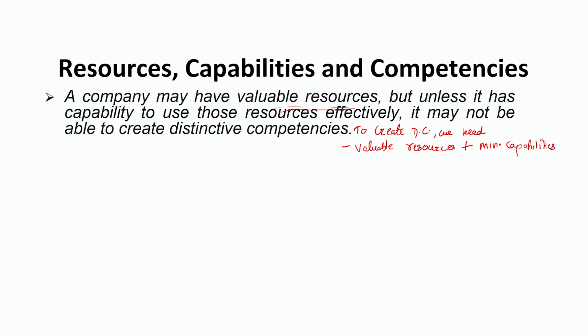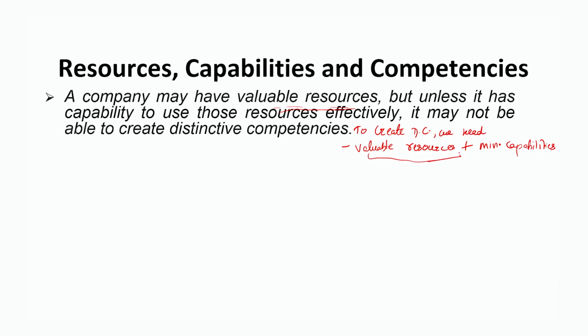to exploit those resources. For example, if any company wants to manufacture French wine, they cannot manufacture the same thing because it cannot be replicated. France's key resources of land and climate are particularly related to a particular area. They cannot be replicated anywhere else in the world. So, such companies have valuable resources, that is the natural resources which they have, and minimum capabilities to exploit those resources, and as a result they have distinctive competency. So that is the first thing which is required in order to create distinctive competency.